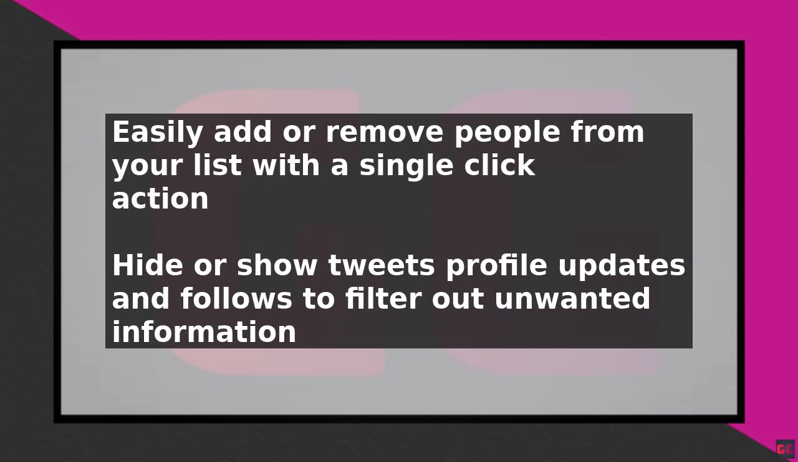with a single click. The Twitter tracker also allows you to hide or show tweets, profile updates, and follows, enabling you to filter out unwanted information. Additionally, you can add your own Twitter handles or import and export lists, making it easy to share and discover